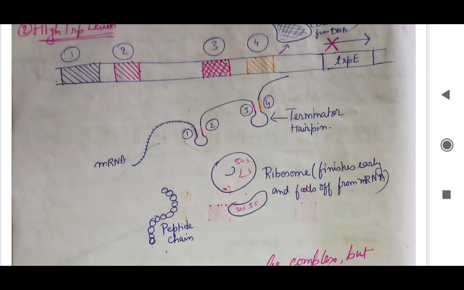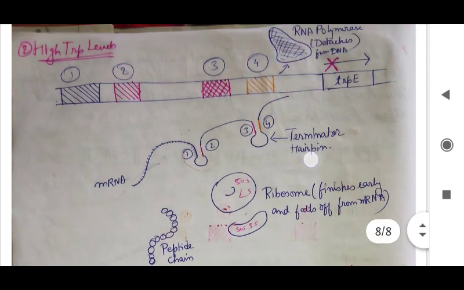Thus the attenuator sequence, with the help of its 1, 2 and 3, 4 segments, folds onto itself to form the terminator hairpin. One, in the sense we know, is part of the leader peptide, so it binds with each other to form a terminator hairpin that will prevent the RNA polymerase from transcribing further and get released from that